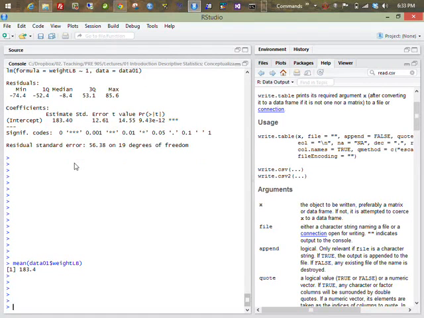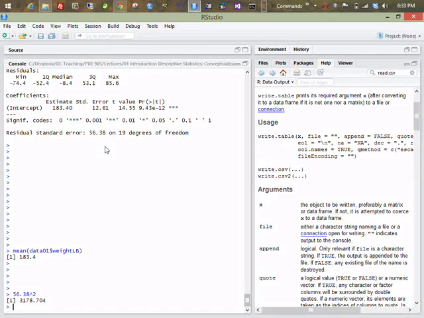The other model parameter happened to be the variance of error, although here they call it the standard error. So that's the square root of the variance. It's the residual standard deviation. So in a perfect world, the variance of error would be this thing squared, so 56.38^2 is